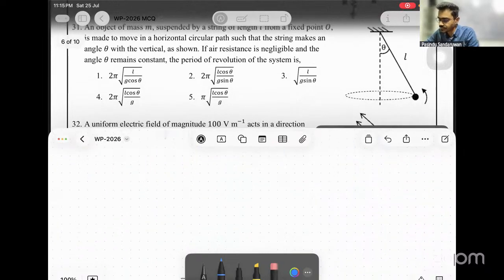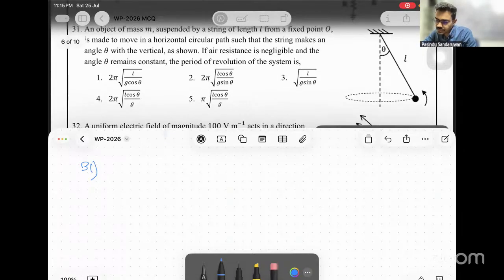Question 31. An object of mass m suspended by a string of length L from a fixed point O is made to move in a horizontal circular path such that the string makes an angle theta with the vertical, as shown. If air resistance is negligible and the angle theta remains constant, the period of revolution of the system is